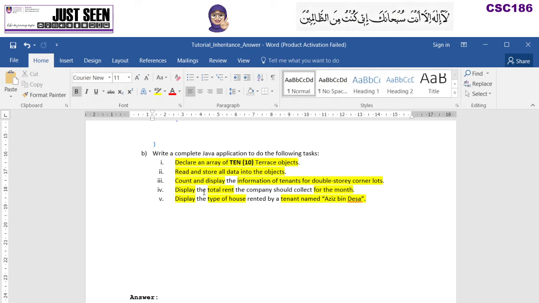Number 4, display the total rent the company should collect for 4 months. So based on the monthly rent, how many ringgit the company is able to collect. And the last one, display the type of house rented by the tenant named Aziz bin Desa. So that means when you key in your data, you must key in Aziz bin Desa. In order to identify this one,